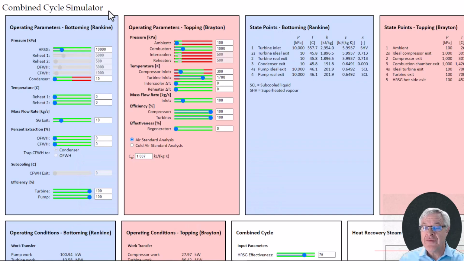This video is going to be a very brief introduction to the combined cycle simulator. There's a link to the actual simulator down in the description of the video if you want to take a